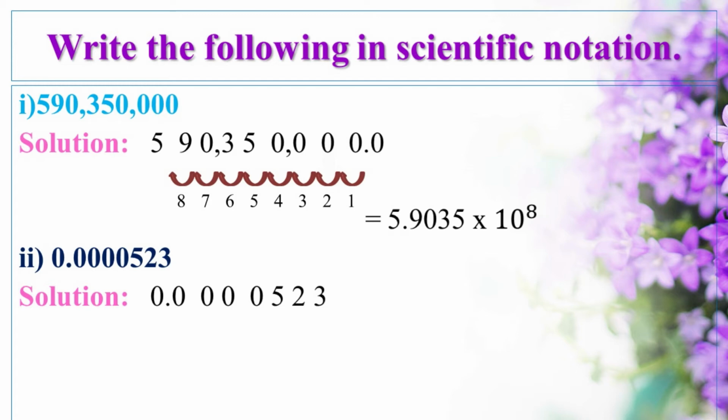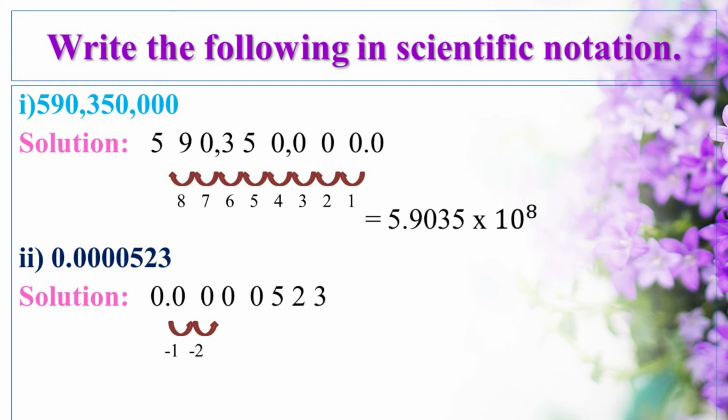Therefore, in this number, where is the first number? 5 is the first number. Where is the decimal place? Decimal place is to the left of the first number. Now, how many steps are we going to move to reach the first number? Let us see. One place we have moved, just one step, but we did not reach the first number 5. Another step,